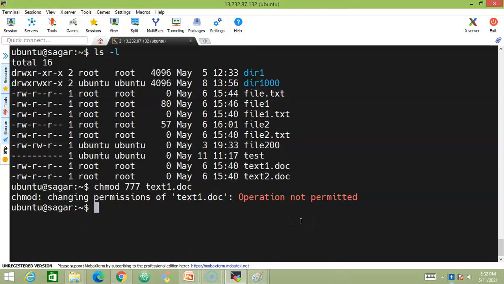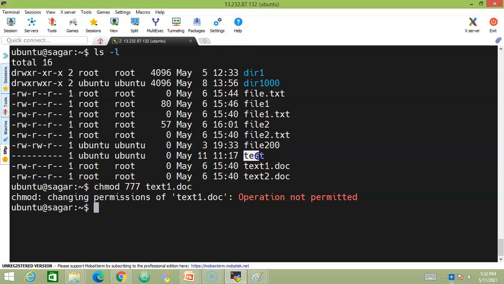See, it's good that we got some error here, and we need to understand why it is not accepting this command. That's very important. You need to understand we are working as a Ubuntu user, and being a Ubuntu user, you will never have privileges to change this file which belongs to another owner. See, look at this. The owner of this file is root, so we will not be able to change the permissions of this particular file because this file belongs to the root user. So we do not have permissions to change it.